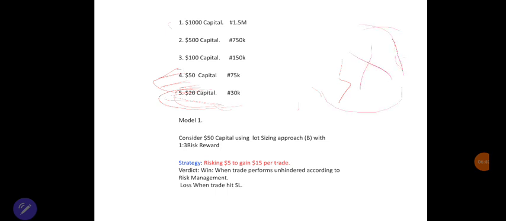So as long as we have relatively more wins than losses, we'll always make money. This is one of the greatest secrets most people don't know, apart from gambling. Okay? So now, we are risking, in this context, of a $50, we are risking $5 per trade to take $15. So if we divide $50 by $5, it means that the maximum number of trades we can take is